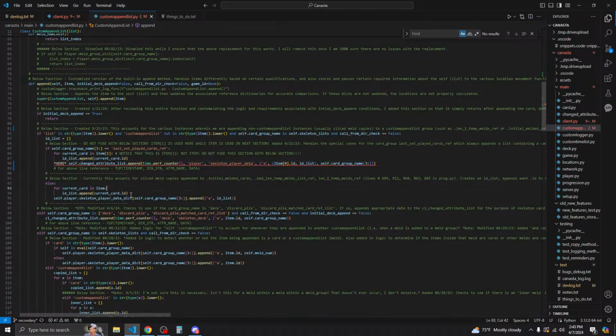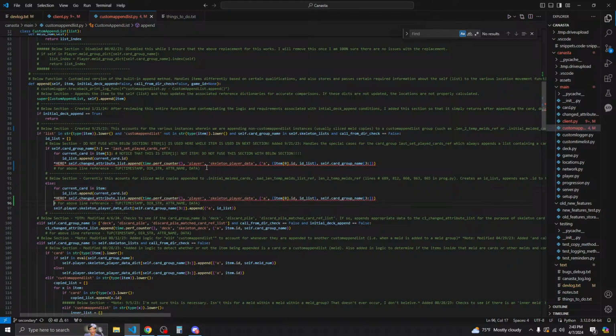Okay, so right here, so else, let's copy this, and here we go. So this one's being replaced, and this is the replacement, and so we'd say self.change attribute list, time per counter player for dir string, skeleton player data for adder name, and then okay, so I just copied that from the above.